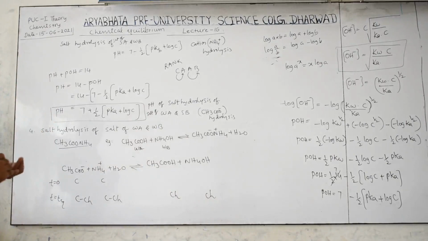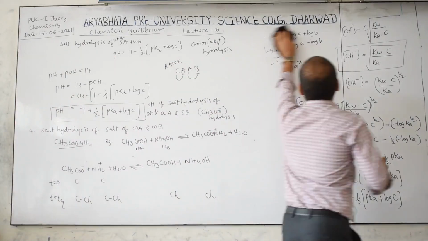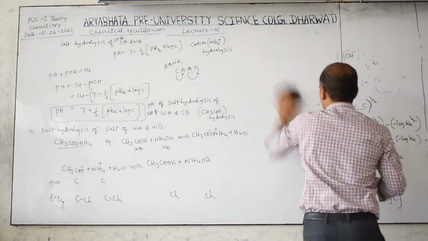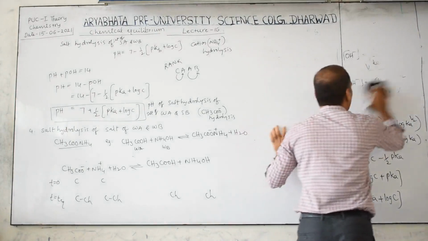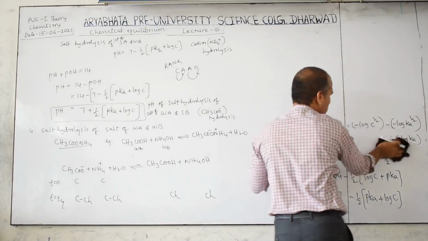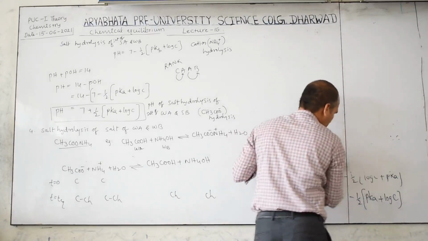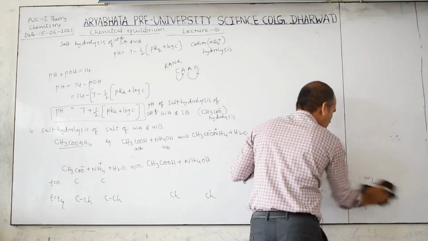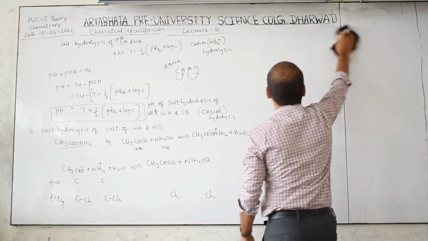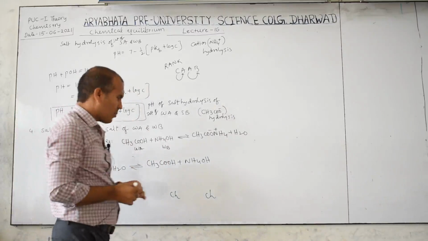After this we have to write the hydrolysis constant. How to write this hydrolysis constant? Already you know that it is product concentration by reactant concentration. But keep in mind, these derivations are not asked at board level or at competitive exam level, but you have to learn the formulas from this derivation. Whatever formulas are given in the box are very important. They may ask them directly in your board exam or competitive exam.